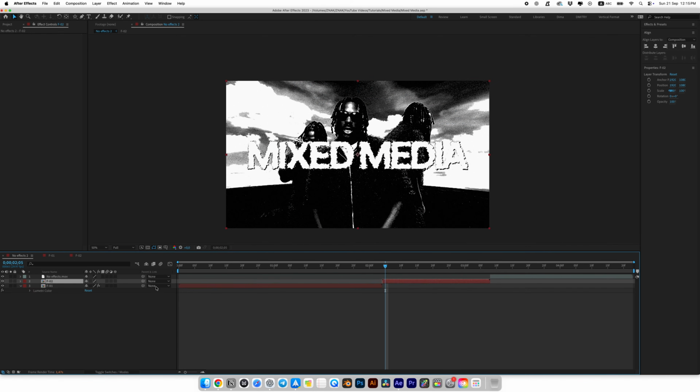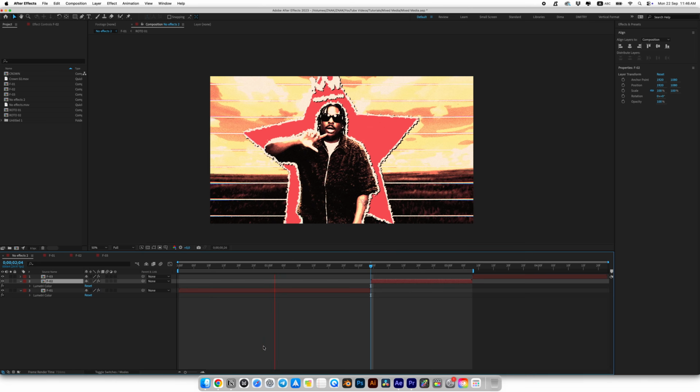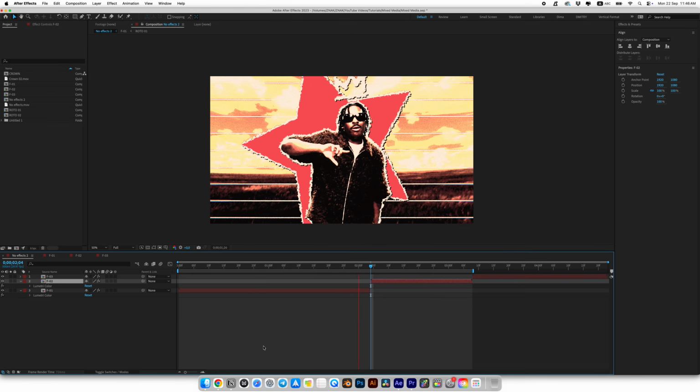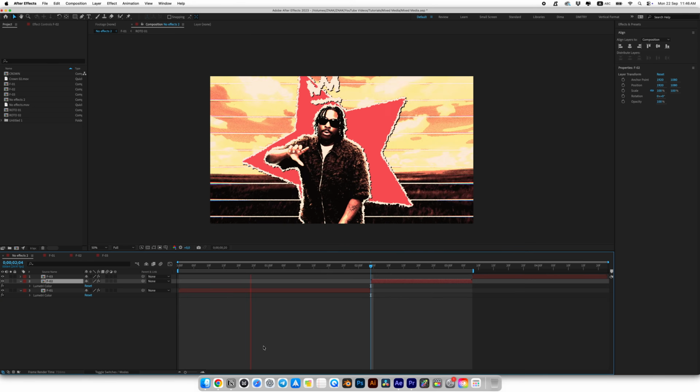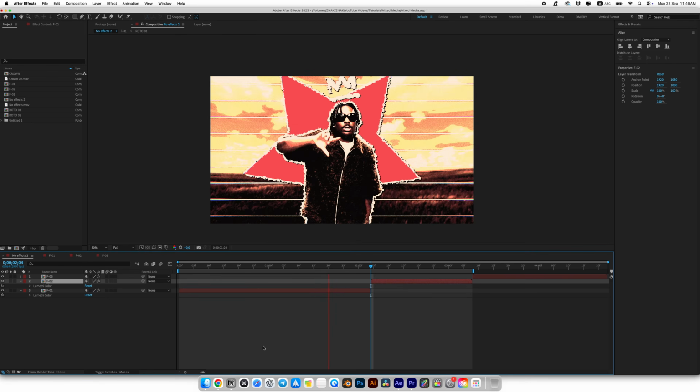I'll copy the Lumetri color effect and paste it onto our second composition. I think we can decrease the temperature. I'll set it to around 15. And here is our final result. And you know guys, this is a very amazing tool. I think it took very little time, I guess 30 seconds or 1 minute to create this mixed media